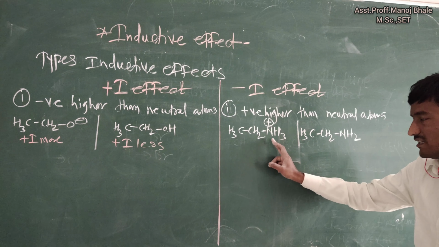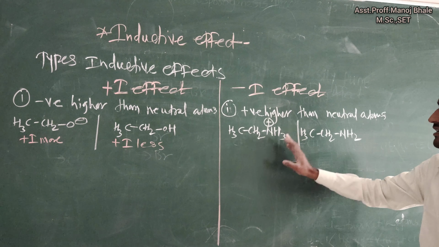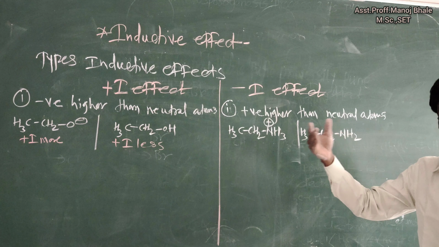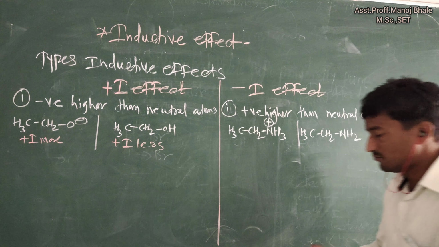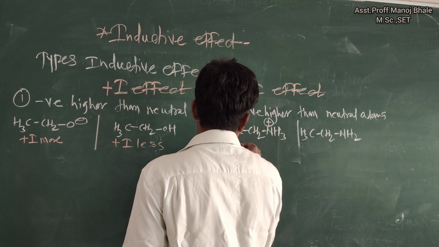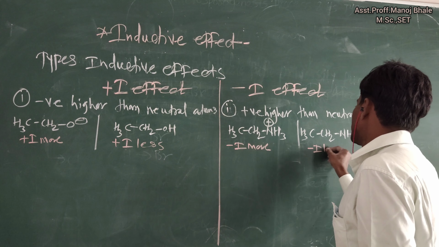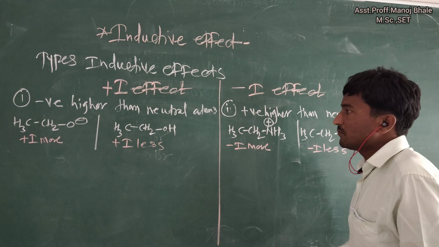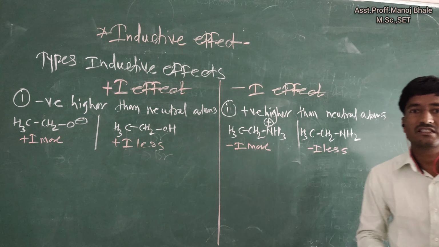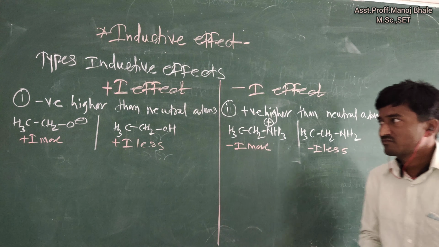Both have a minus I effect, but the first example has more minus I effect as compared to the second example. So one has more minus I effect, and the other has less minus I effect. This is the first comparative point given in the case of the plus I effect and minus I effect. Second one